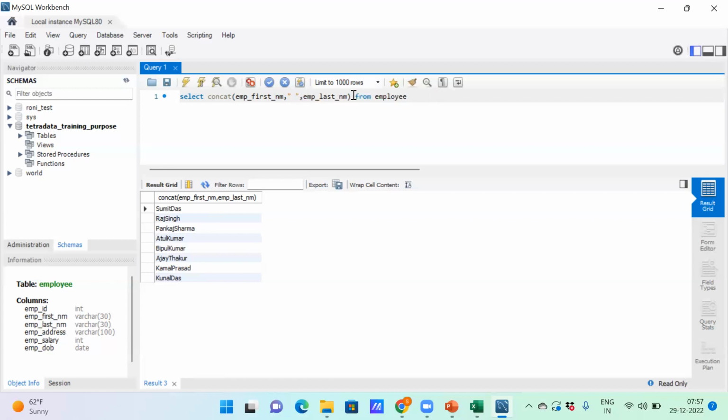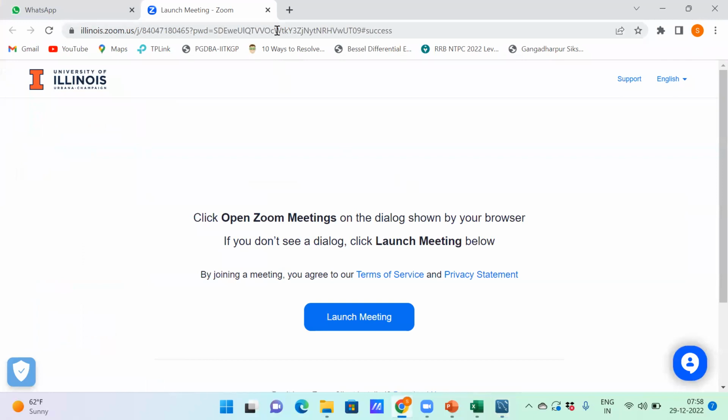Let me put a full name. I'm aliasing the thing as a full name. Okay, we can see one space is getting added over here. But if we check, let me put check on where